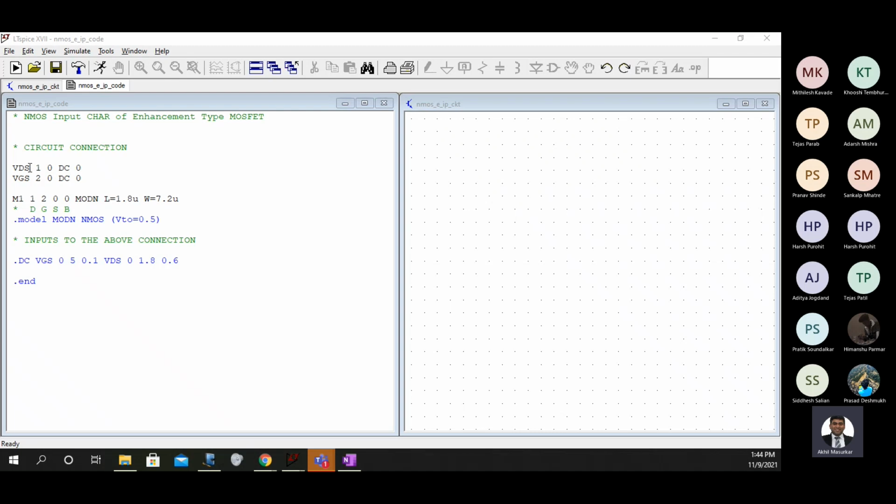One small care you should take here: if you have defined here VDS, where D and S are capital, here also VDS should be in the same fashion. You cannot write V small d small s. It will take it as a new variable and it will throw an error. Now you will save this file and run it.